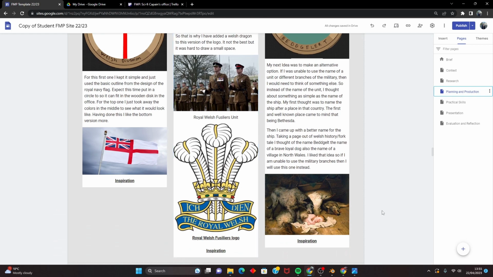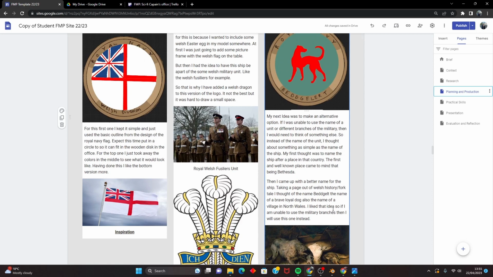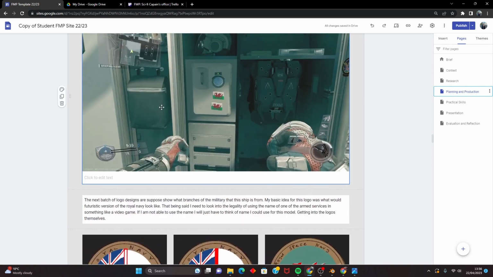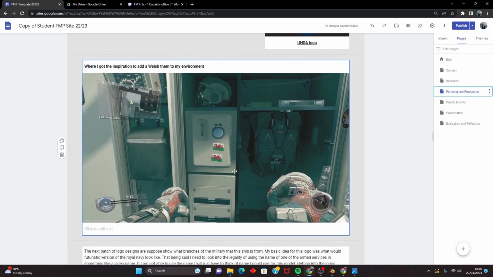What if I used Welsh folklore as part of the ship? What if the name of the ship came from one of these folk tales? That's where I came up with the Baskelit idea. And it's all because of this little Easter egg in